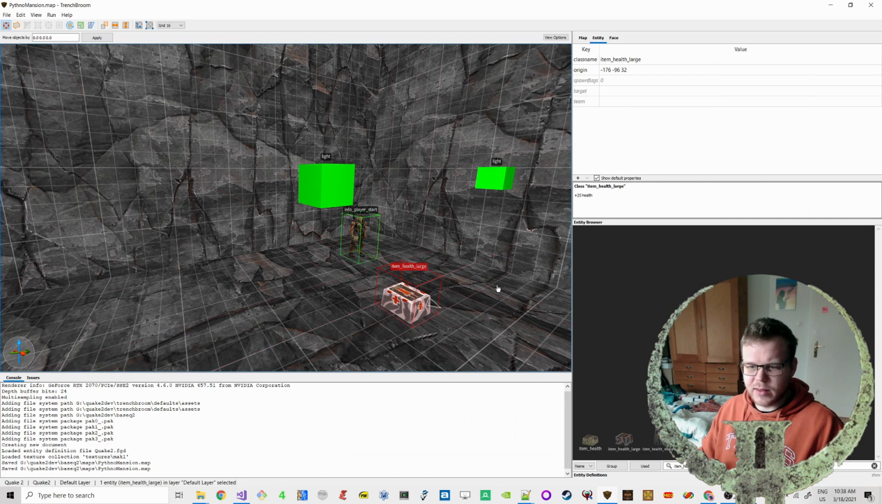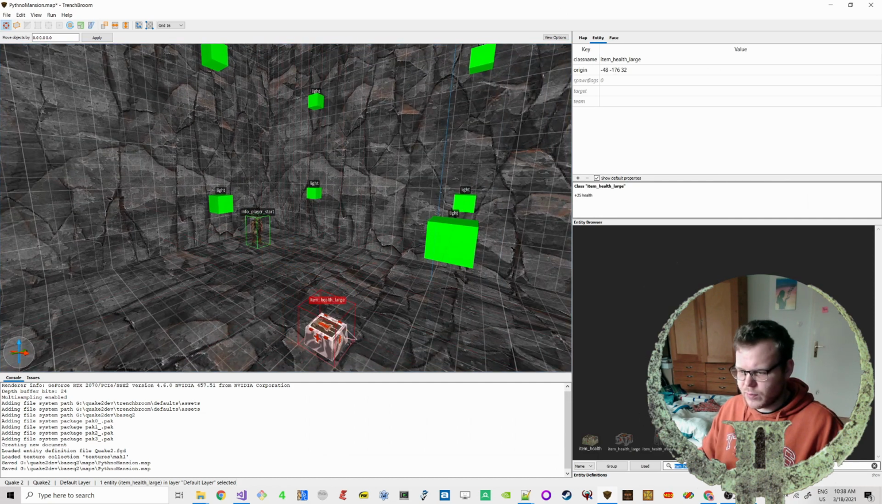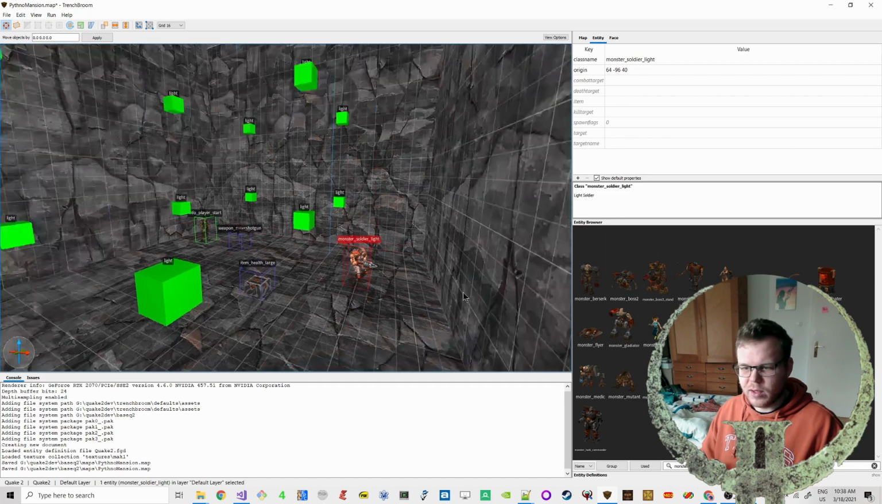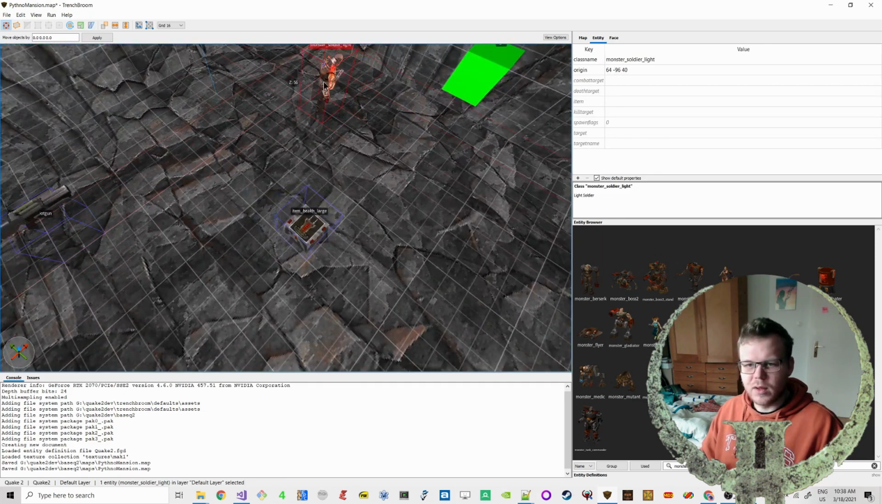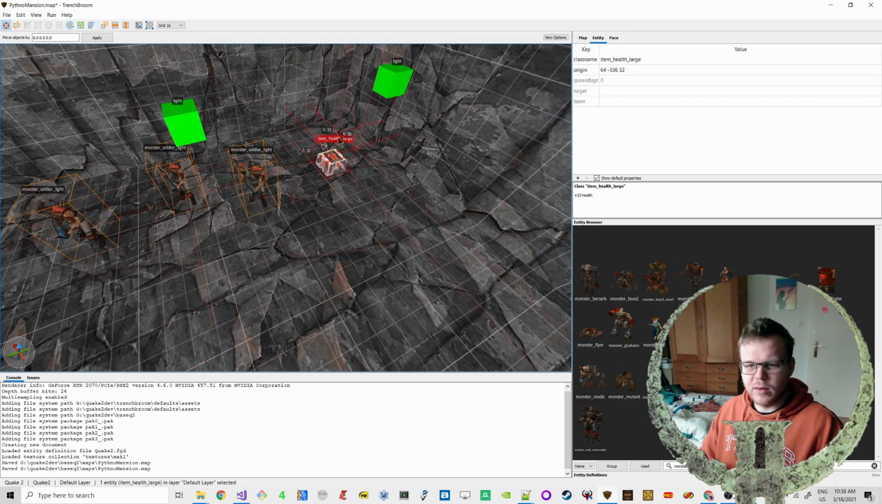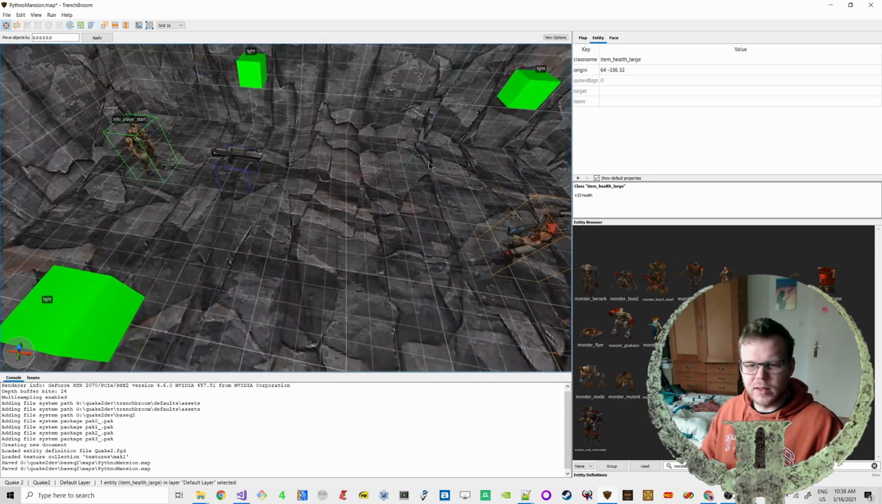Maybe, you know what, let's have several things. We want a shotgun, right? You always want to have the shotgun. So, shotgun, and then we need some enemies, monster, and maybe someone who can be easily monster light. Okay, let's put a few of them here. Rotate them. Alright. Okay, maybe put the health pack over here, and save it,